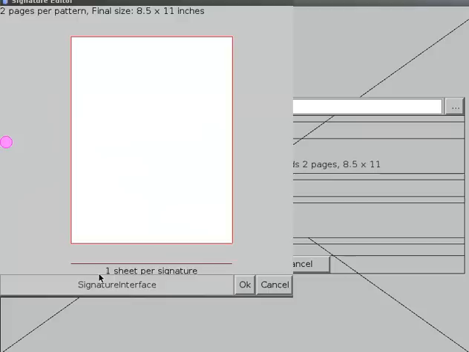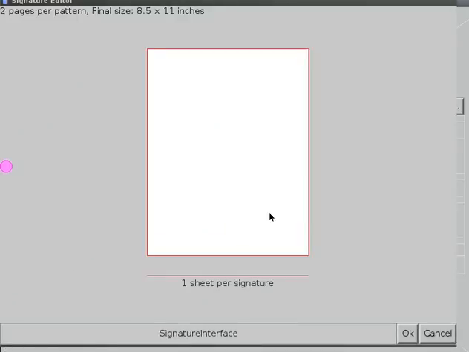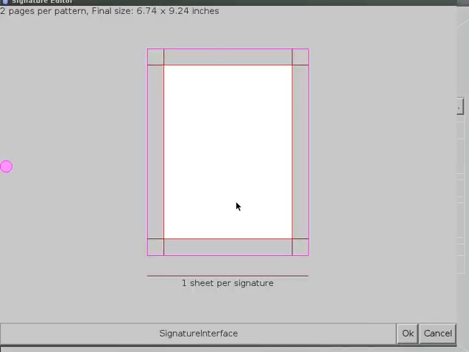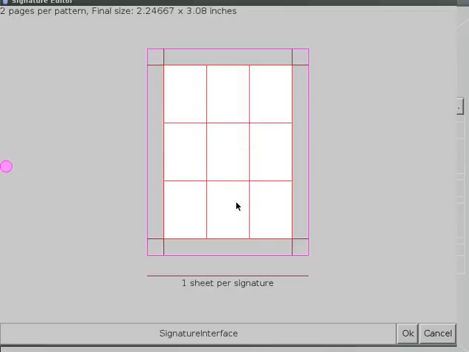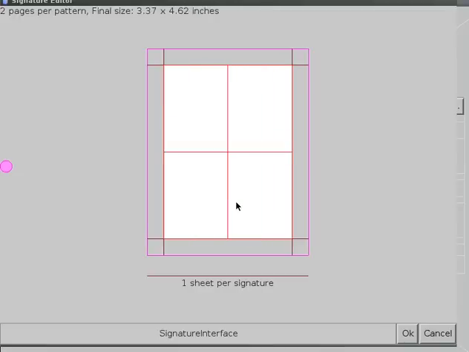So go down and select that, and here's your signature editor. You have a blank piece of paper. What can you do with this blank piece of paper, you might ask? Well, you can chop off part of it before you do anything else, and you can chop it into smaller sections. So let's keep it a little bit simpler. Let's just chop it into 4 different sections like this, and you can specify that there be a gap in